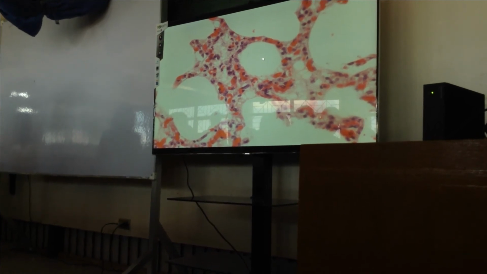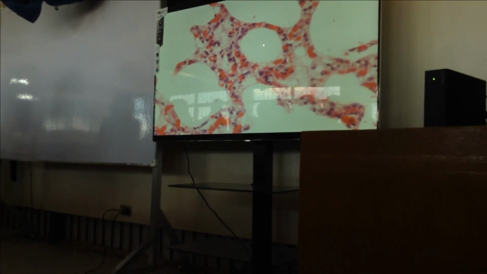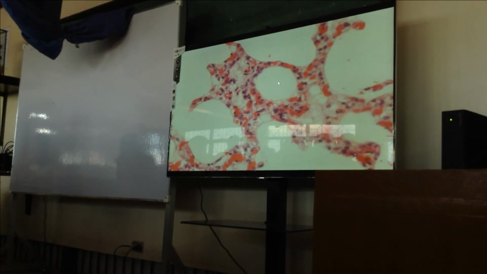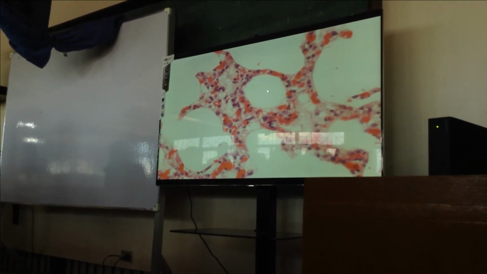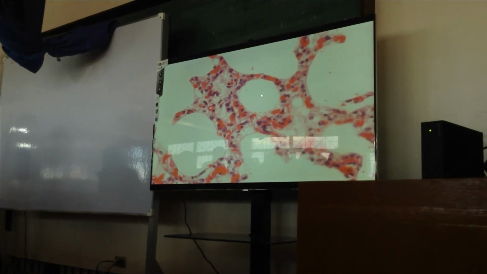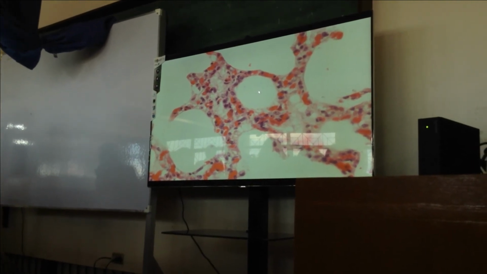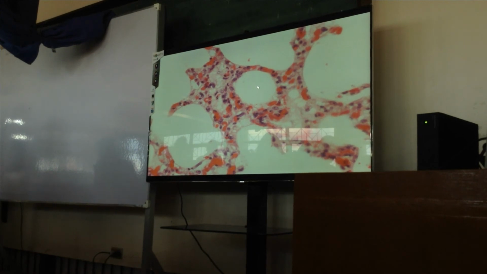Viral infection usually will produce interstitial pneumonia. So bacteria will cause bronchopneumonia or lobar pneumonia. Kaya neutrophils yung makikita natin sa lobar pneumonia and bronchopneumonia. So in the case of interstitial pneumonia, viruses and